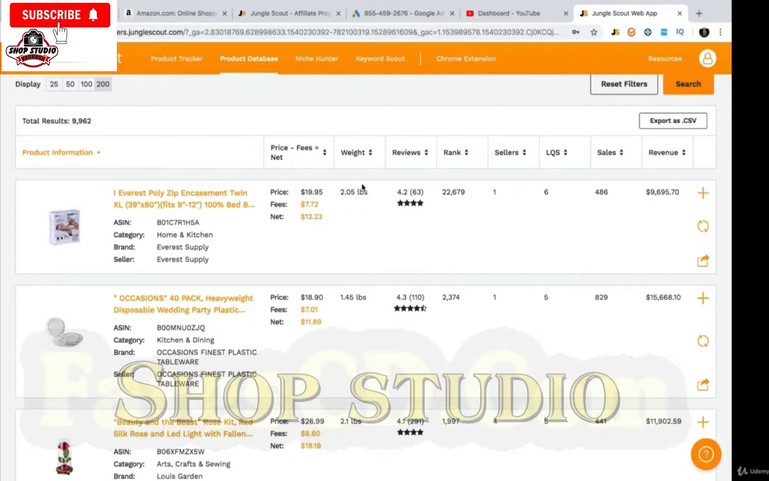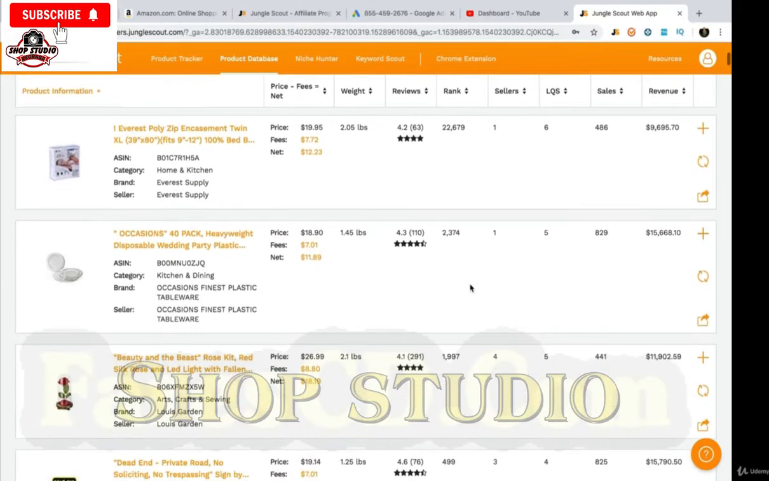You're next going to see the weight of the item, the product, and how many reviews it has. In this case, 63, it's always in brackets, followed by the average review rating. It's currently at 4.2 stars, which is quite good. How many active sellers are selling this? Your LQS is not something you're going to have to worry about. Now you've got the monthly amount of sales, guesstimated, and the revenue. So if we scroll down,